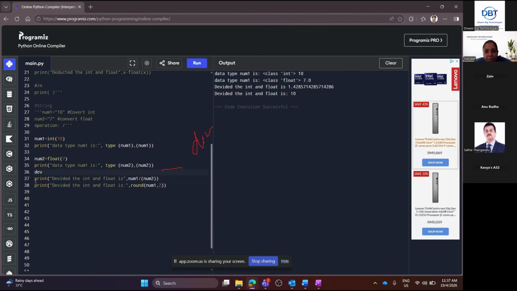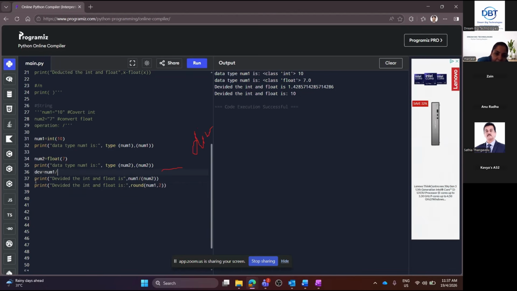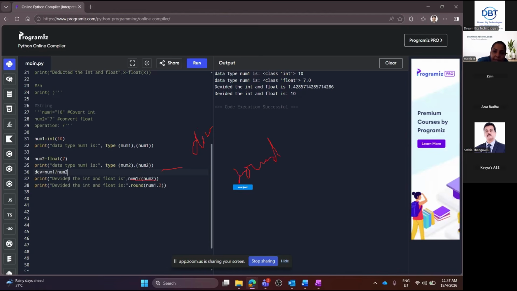Div is equal to num1 divided by num2. Now here you should say round, brackets, div, comma, 2 and close.